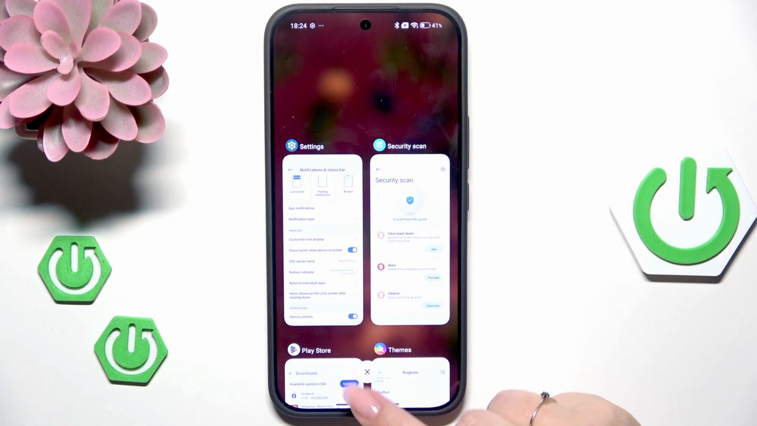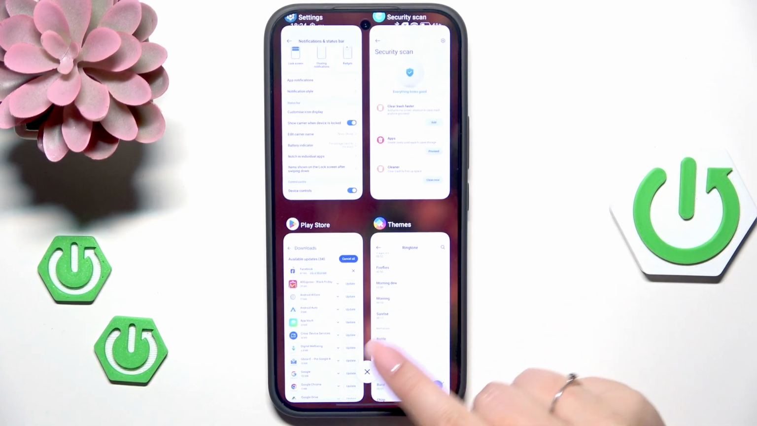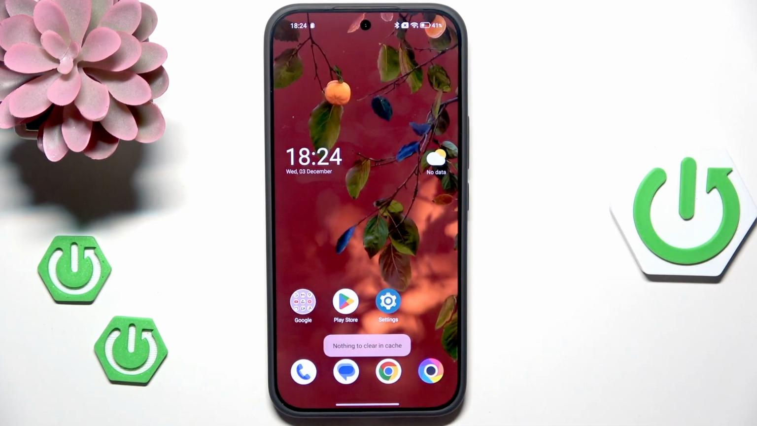All we have to do here is to tap on this X button at the bottom, so your device will automatically close running apps. However, if you wish to close the app which is running in the background and is